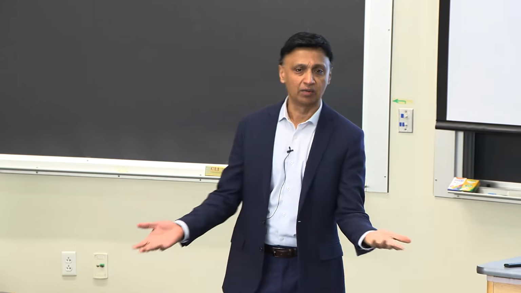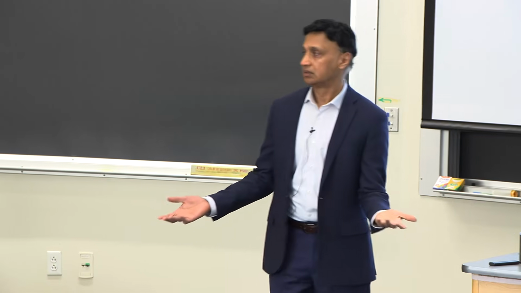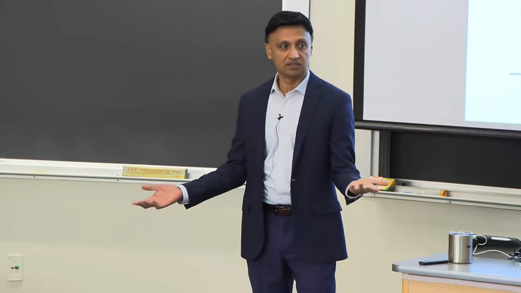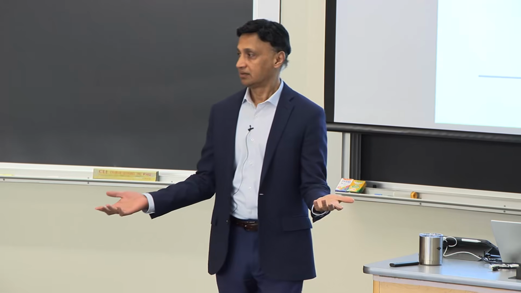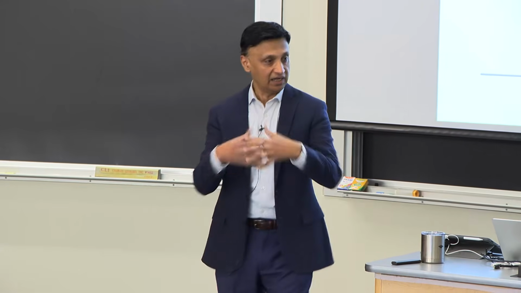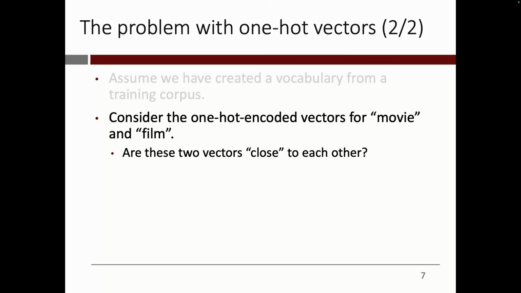What's the simplest way to think about closeness? It's not a trick question. Distance, yeah, exactly. So if they're really close distance-wise, we would hope, right? The similar words should be close by. So here,